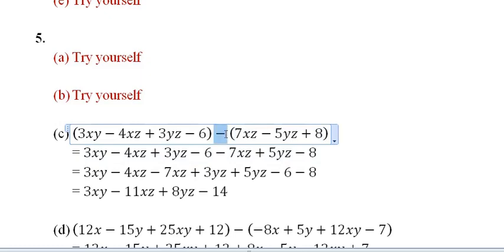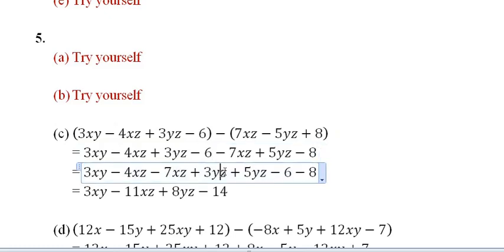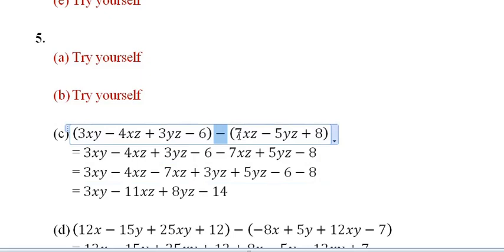Okay, and I said previously also that when you open the bracket of the first expression, just copy it down without the bracket because it will be same. Okay, and when you open the bracket of the second expression, this sign, be it plus or minus, will multiply with the signs of the given terms. Okay, so the sign of 7 is not given out here, so we will assume it to be plus. So minus into plus will be minus. Minus into minus will be plus. And again, minus into plus will be minus.